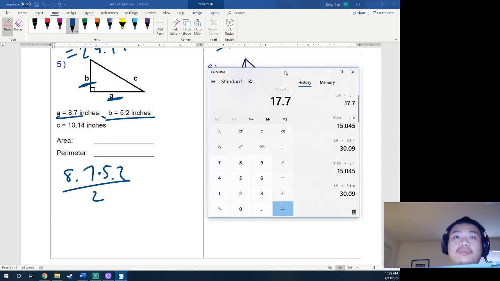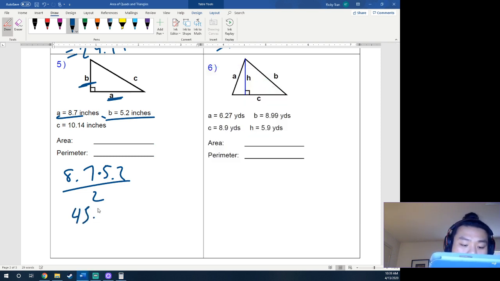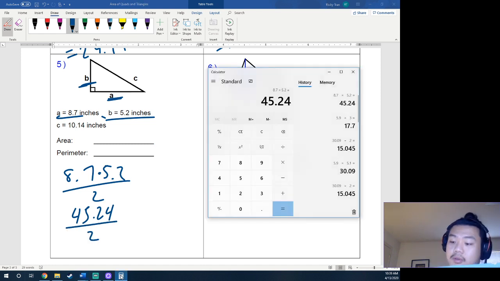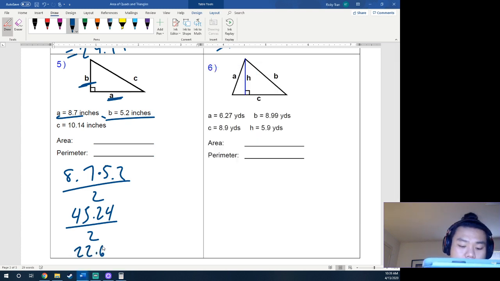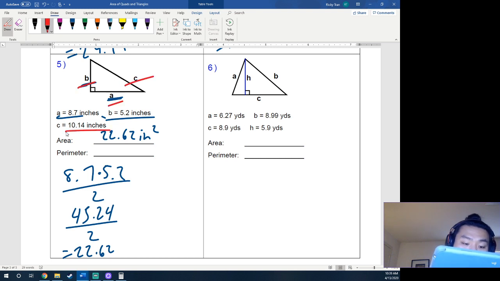So 8.7 times 5.2, 45.24 divided by 2, which is 22.62. Okay, 22.62 inches squared. And then perimeter, we're adding all the sides, A plus B